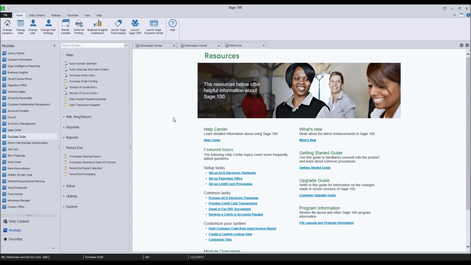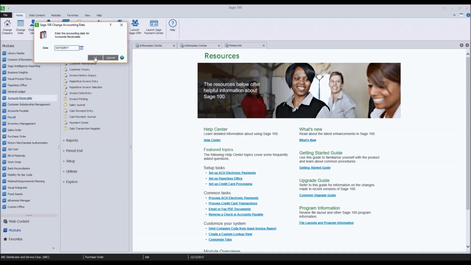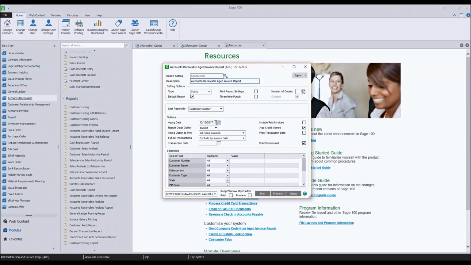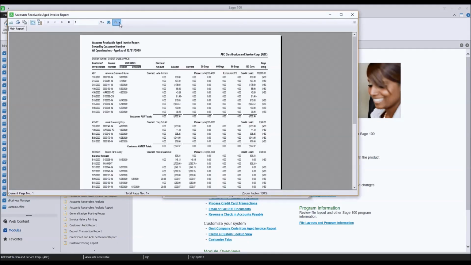Okay, so that was a quick view on what to do if you have been left open for many periods. I'm going to bounce back to the reconciliation since I'm still here in the software. Again, same philosophy with the accounts receivable. I'm going to look at my, I call it my infinite balance. So I'm going to look at my infinite accounts receivable aged report, and I want to see what its balance is.